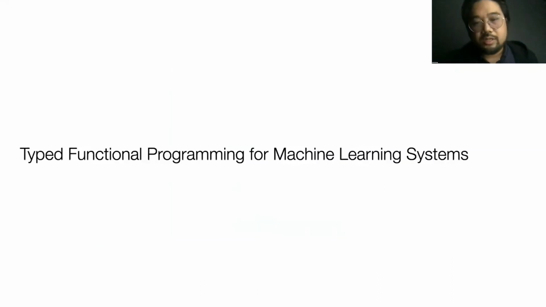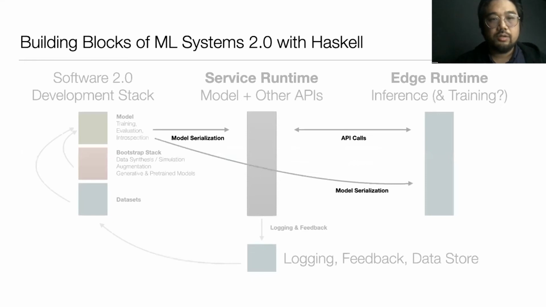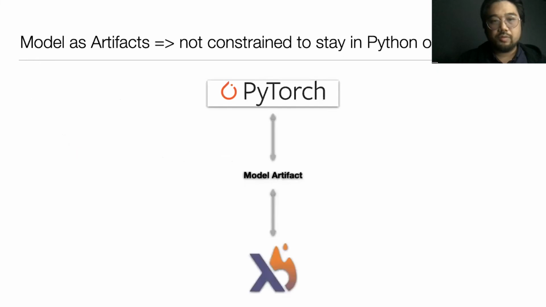Right. So I've talked a lot about the basics of what it's like to work with Hasktorch. I want to go up one level. We talked about training a little bit, to what it might be like to start building machine learning applications, right? And so we talked about some components of this in the earlier slide, where these applications basically push and pull these serialized models into a service runtime, into Edge. And so what's that like in Hasktorch?